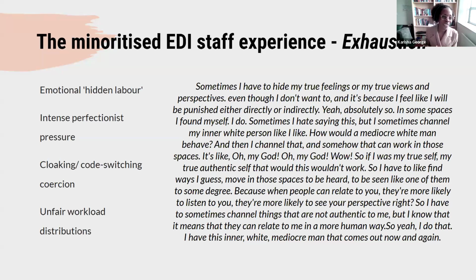And this is one of my favorite quotes. It actually has led to my new favorite quote, where I'm just like, I have the confidence of a mediocre white man. Essentially, what this individual is telling us is that they know that when they go into spaces to be heard, the people who are the majority in that space, who don't have that lived experience, have to be able to hear them and understand what they're saying. And so they have to talk as they will talk. And so they were saying that because the majority of people in those spaces are white men, they have to bring their mediocre white man to the table in order to be heard and listened to.